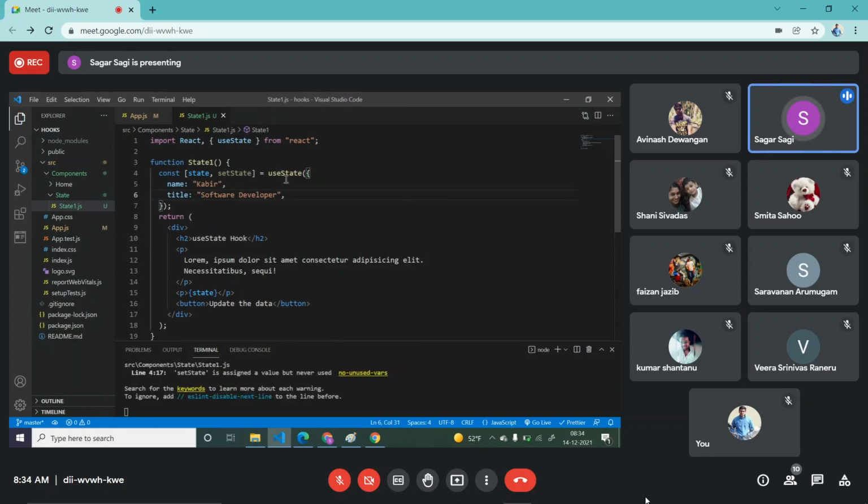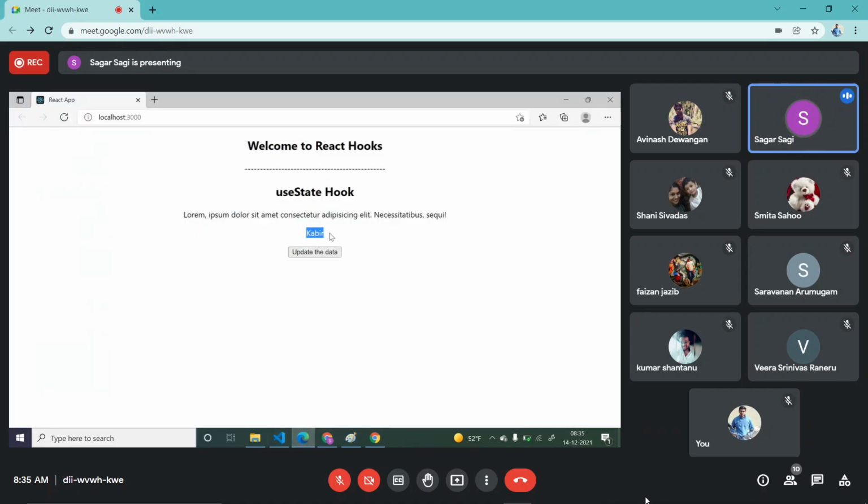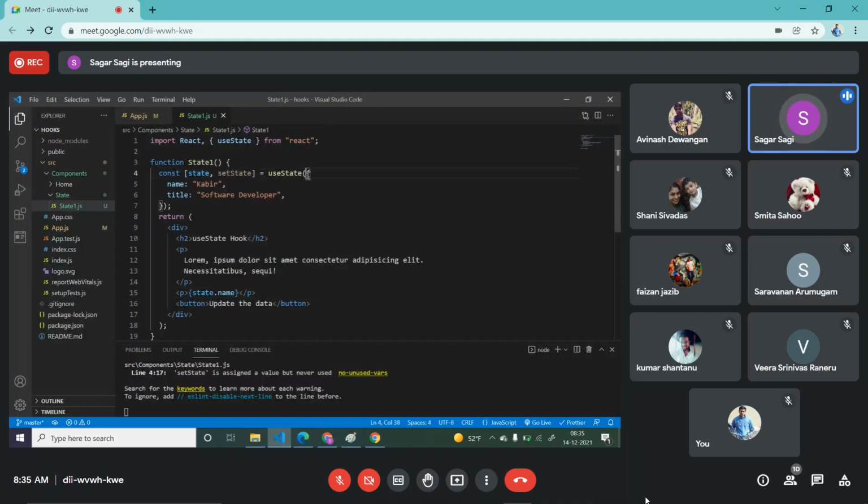Now here your state is one object, and that object contains two properties. So here this state will become one object. So now how to extract? state.name, you have to say. Save it. Now you got here the name. So the point is, here you can pass anything. If you pass an object, this becomes an object.